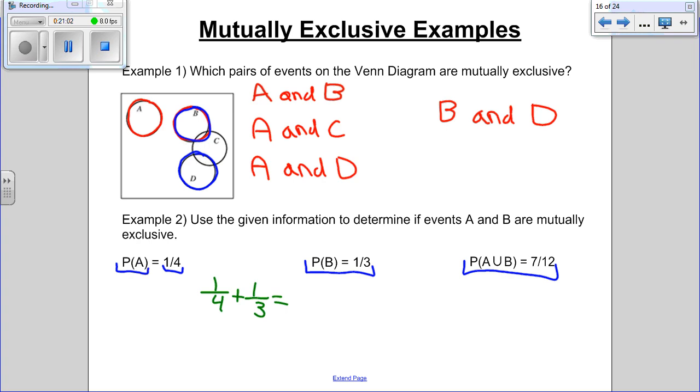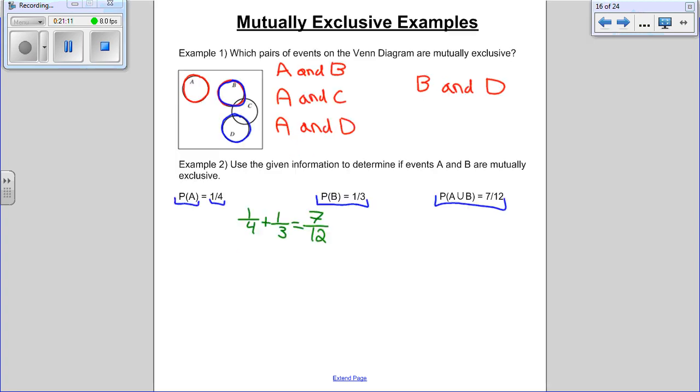This confirms the fact that P of A plus P of B equals P of A or B. If it hadn't equaled, then they would have been not mutually exclusive events. But because it did equal, it